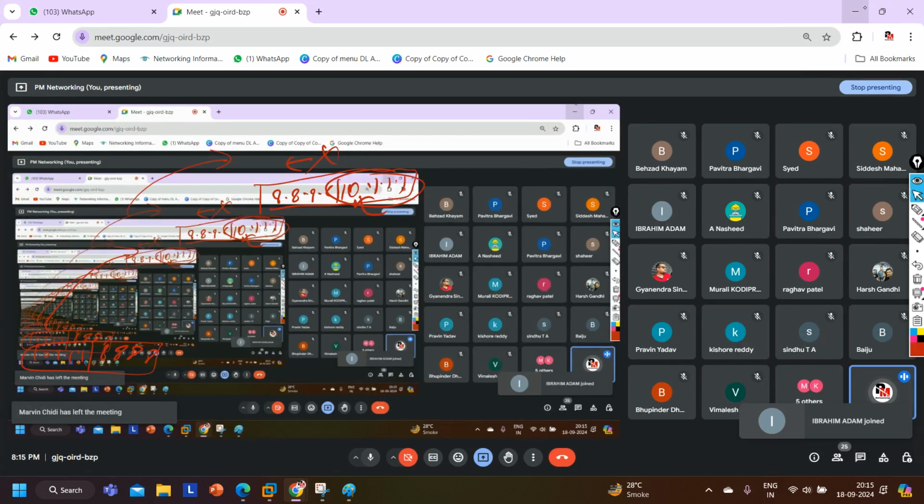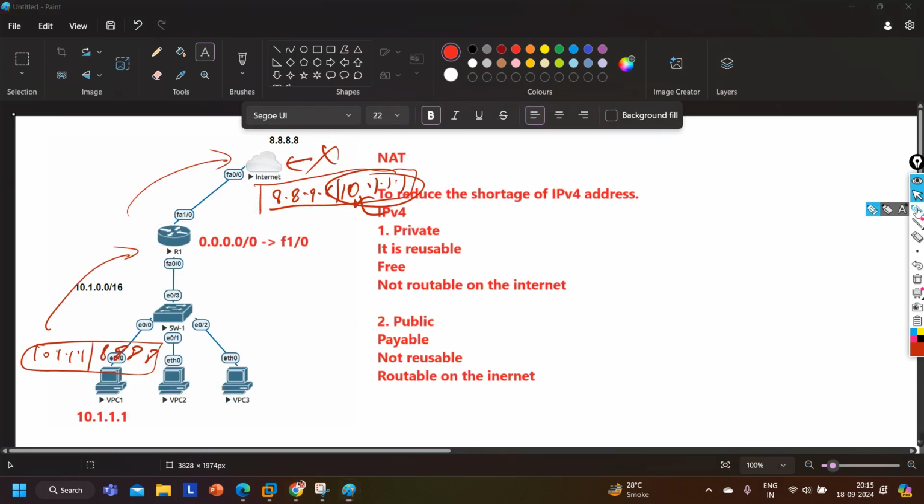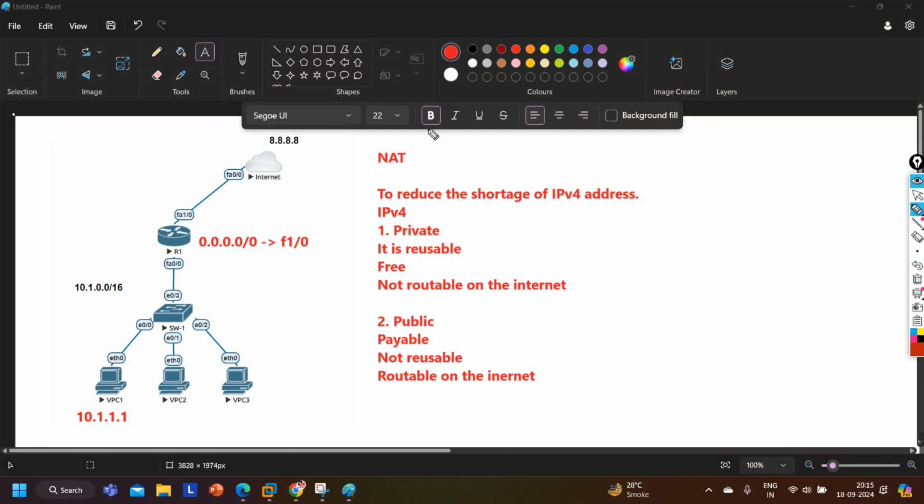The other thing that NAT offers you is that it can hide your IP address. You know, NAT is not only to translate private IP addresses into public IP addresses or public into private. NAT can translate private to private as well and public to public as well, right?